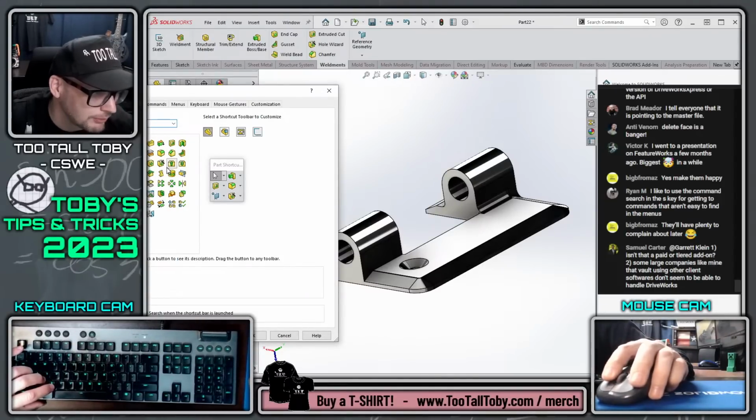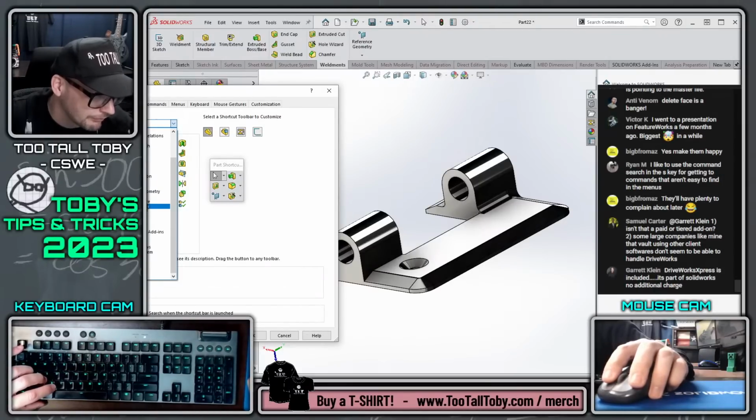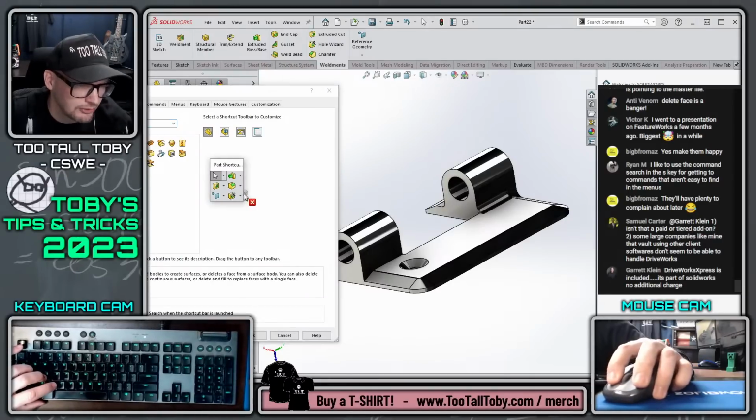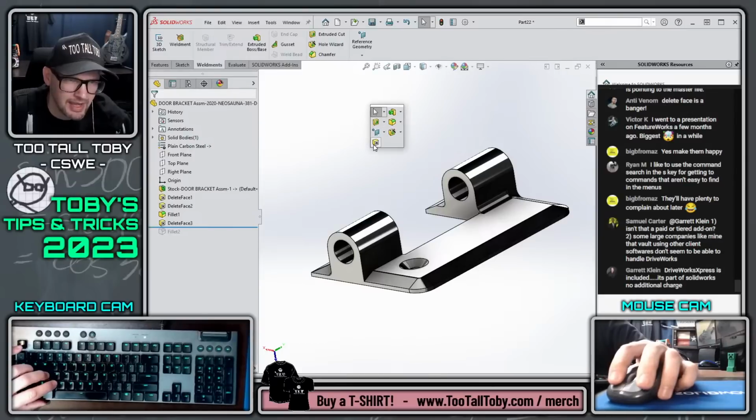I can never remember if this one's a features command or a surfacing command. Looks like move face is a features command, and delete face is a... there it is, delete face. It is a surfacing command. So I'm going to add delete face to the S key so that I can just press S key, delete